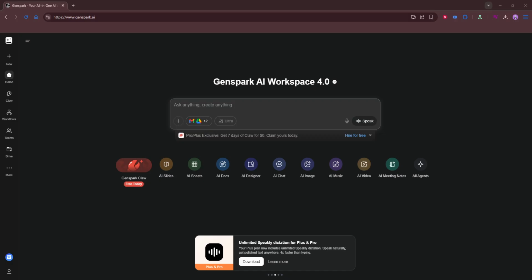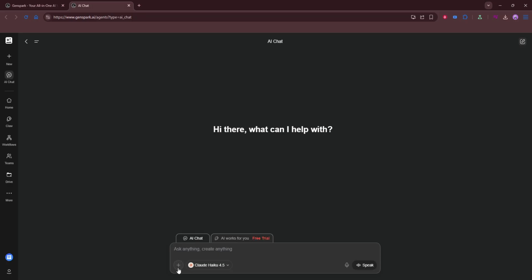Next, bring your document into Genspark. You can upload a file if you have it saved on your computer, or simply paste the content directly into the editor. Uploading is great for keeping original structure intact, especially if your document has headings, bullet lists, tables, or images with captions. Pasting is quick for plain text. Before you upload or paste, give the content a quick scan and remove any sensitive information you don't want included